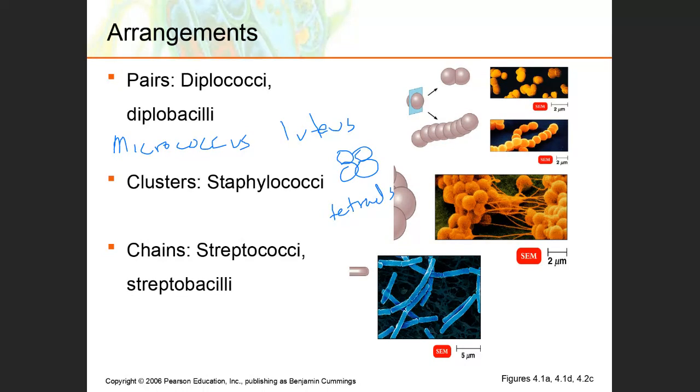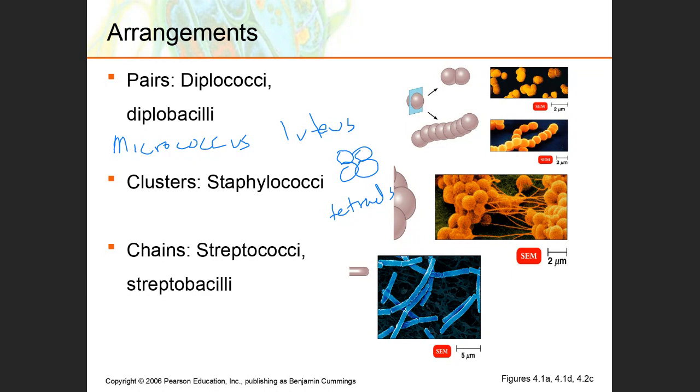So just because you have chains of cocci does not necessarily mean they're in the genus Streptococcus. A good example, Enterococcus. Enterococcus actually used to be classified as Streptococcus, but it turns out there's not many chains in the Enterococcus cultures. So they really didn't fit into the genus Streptococcus. So they're now Enterococcus. So when you look at a smear of Enterococcus, you'll see some small chains here and there,